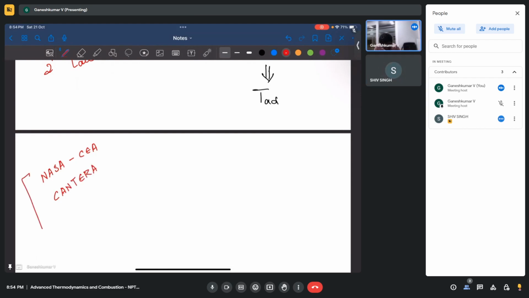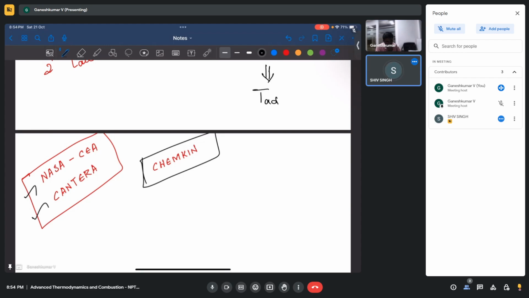Can we do it in ANSYS? On ANSYS, it is not possible to know about adiabatic flame temperature? ANSYS has something called Chemkin. I'm not really sure how to use the Chemkin tool. I use open source software like Cantera and NASA CEA. In Chemkin, what they do is